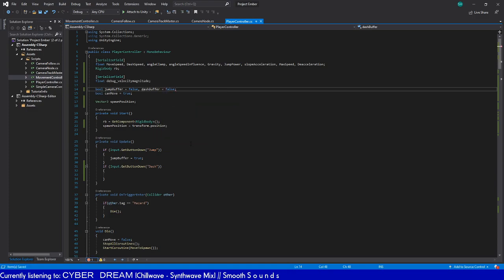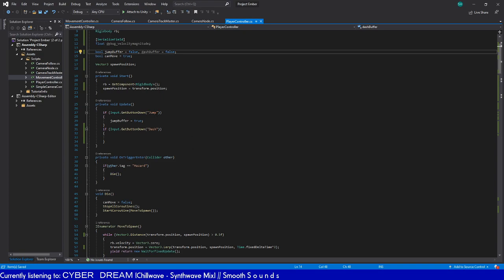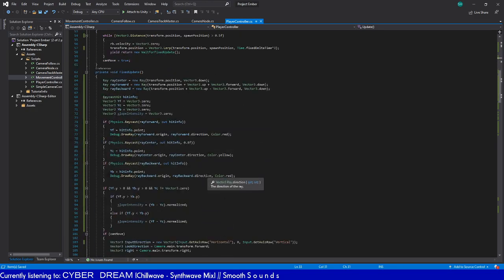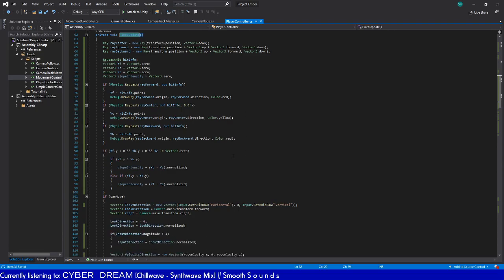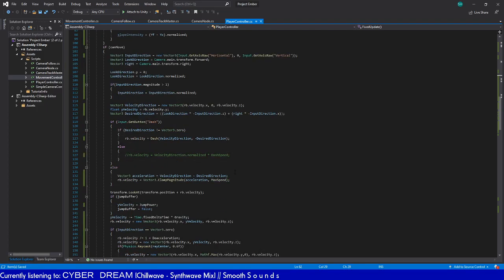This is just a little thing I do so that I can read input downs in Update. That happens on every frame, so you'll always get it. Then we set our buffer equal to true, so that when it's time to do the necessary action in FixedUpdate, we've checked to see if the button is down, so that on the next available frame that gets pushed,